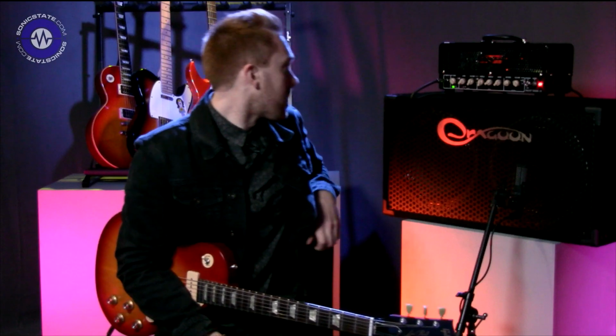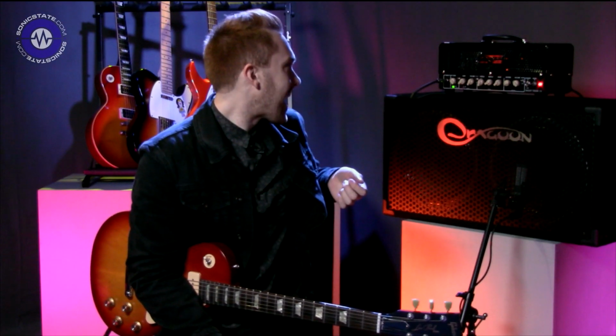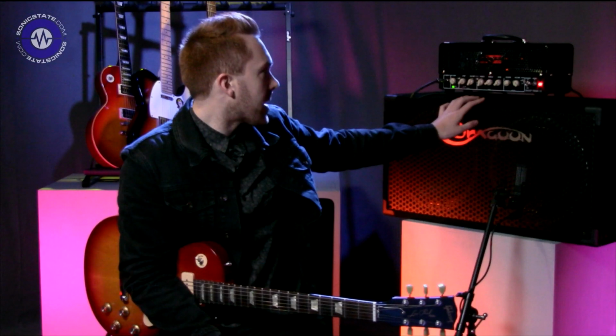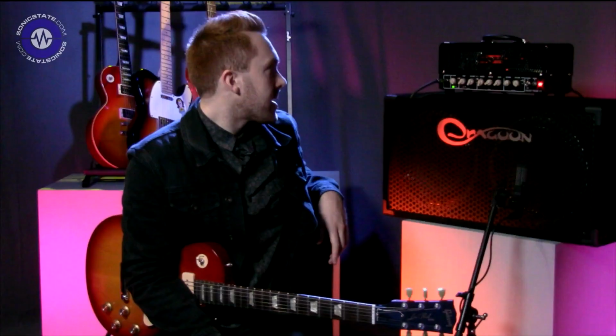We've got two channels. So we've got the bright channel, which is basically our clean channel, just a gain knob, and also a switch that says thick. If you engage this, it gives you more crunch in the mid-range, a bit more of a classic rock sound. And then we go into our girth channel, just a gain and a volume knob. The reason we don't have EQ on these two channels is because there is a master 3-band EQ which affects both channels. You can see in the middle we've got a channel selector which goes between the clean and the distortion channel. And then on the end, our little master section, so our reverb knob and the volume knob,